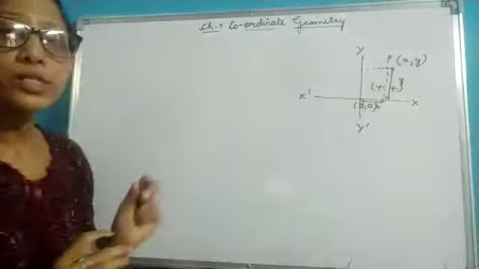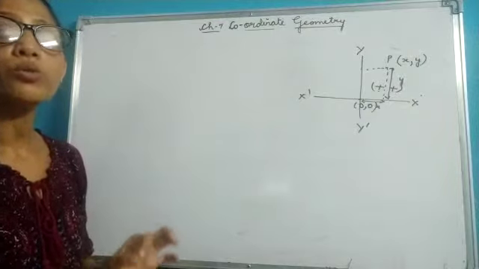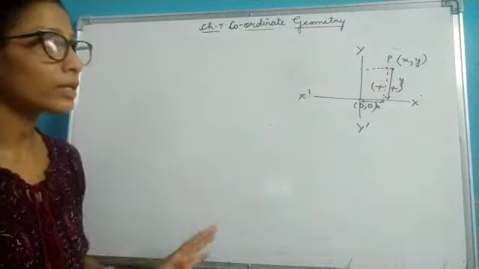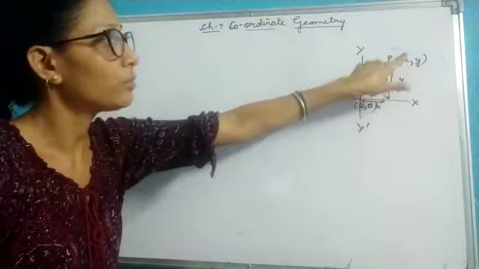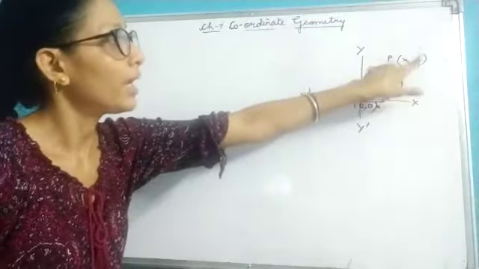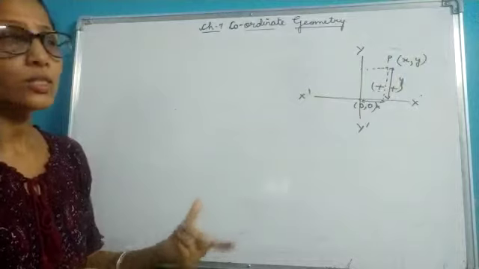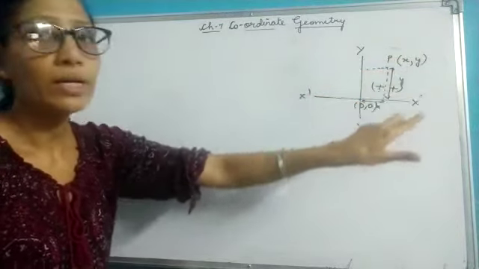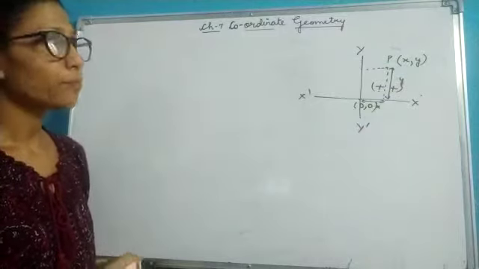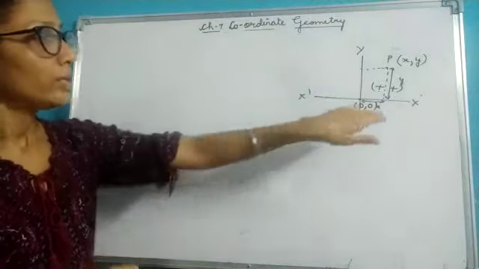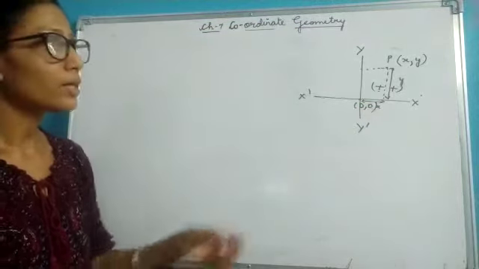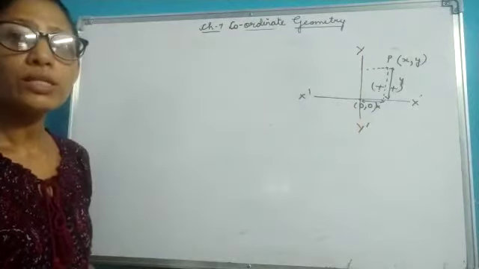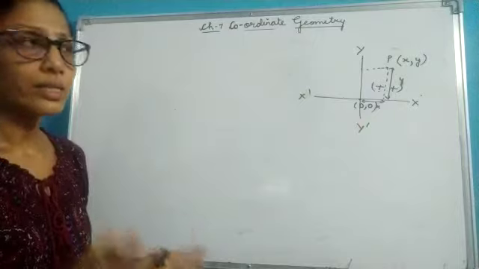x comma y is also known as an ordered pair and it is internationally accepted. Whenever you are going to represent the position of a point in a plane, you always write the position with respect to the x-axis first. That means the distance of x-axis should be taken first and then you will be taking the distance from y-axis. So it is always written as x comma y and this is known as an ordered pair. You have also read that your x coordinate is known as abscissa and your y coordinate is known as ordinate. This thing you have read in class 9.